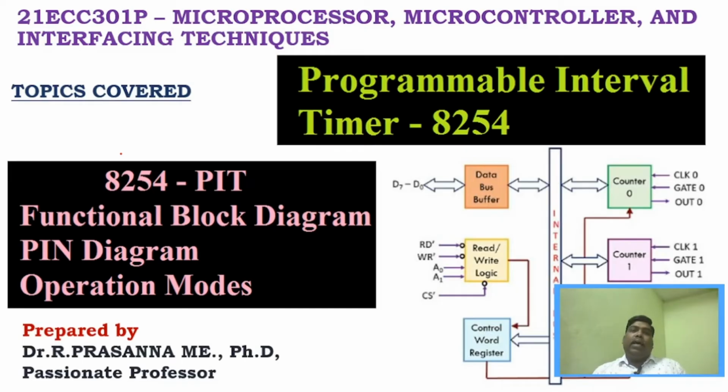That's because the earlier microprocessor designed by Intel, 8085 and 8086, does not have the internal clock, so it will be very difficult to create the delay. Difficult in the sense there is no hardware delay. We have to create a software delay, right? In that case, if we use this 8254, we can create infinite delay without disturbing the microprocessor. That is the main objective or main application of 8254. So it will create delay for the microprocessor, right? And it can be used as a timer as well as a counter, right?